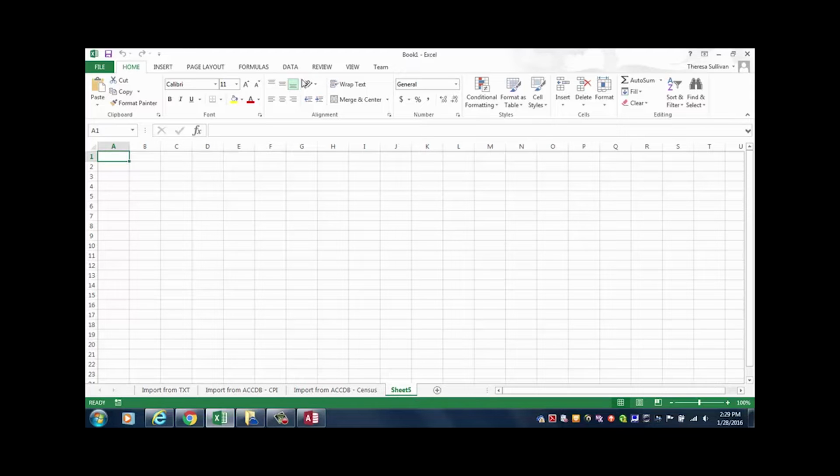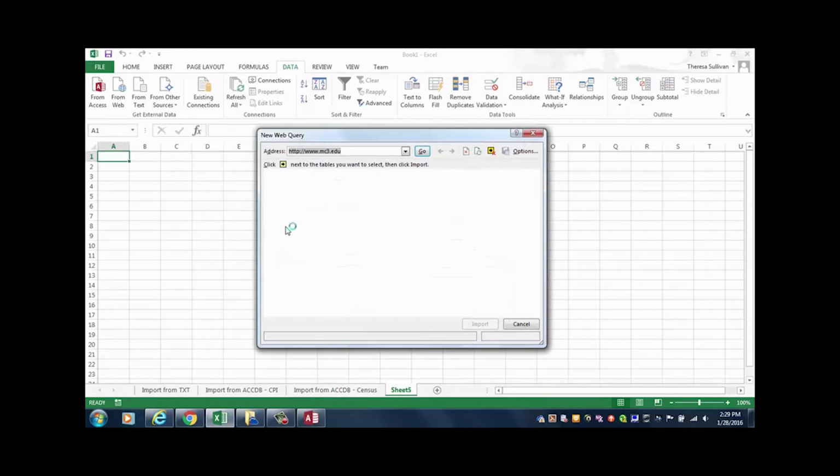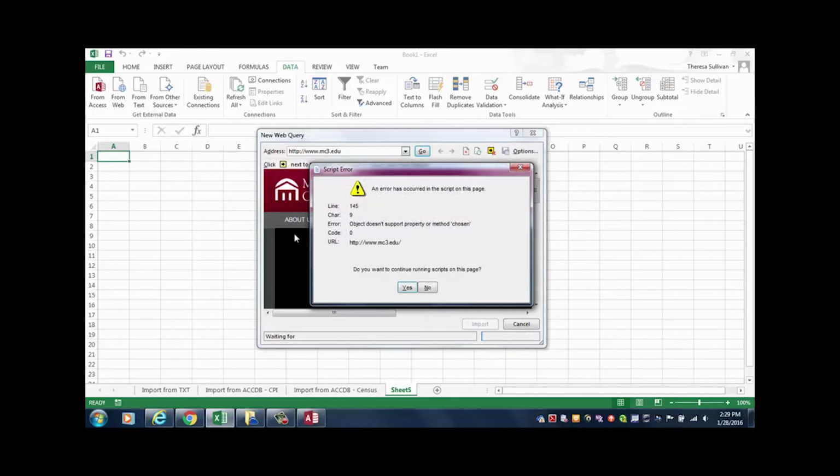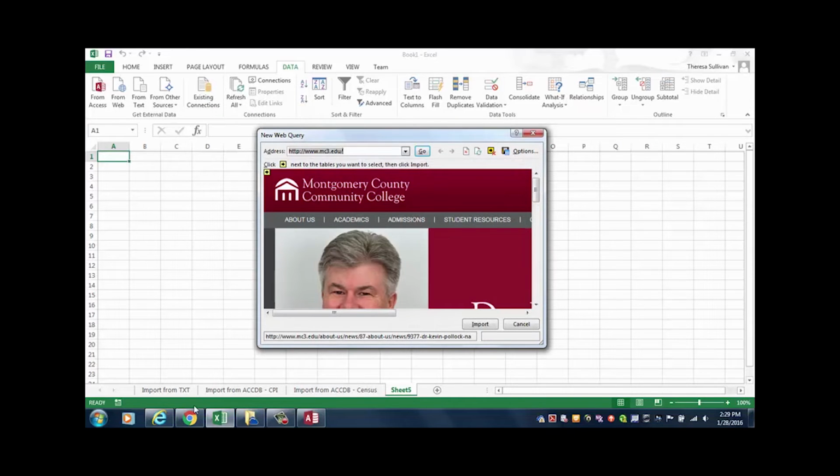Third piece is a really neat feature I'd like to share with you, and this is being able to go out to different websites that have tables and data and statistics already set up and be able to link directly to them. So let's take a look there. Data tab, I'm on a new worksheet within the workbook. I'm going to choose From Web within the Get External Data. Now don't be alarmed if you see these errors. It's the different scripts that are running on the page. Now I already have,